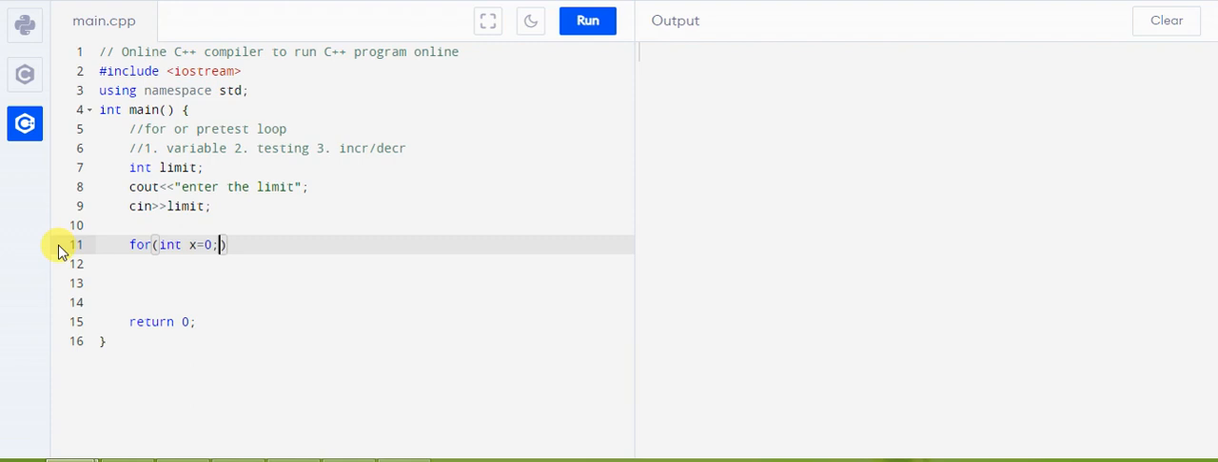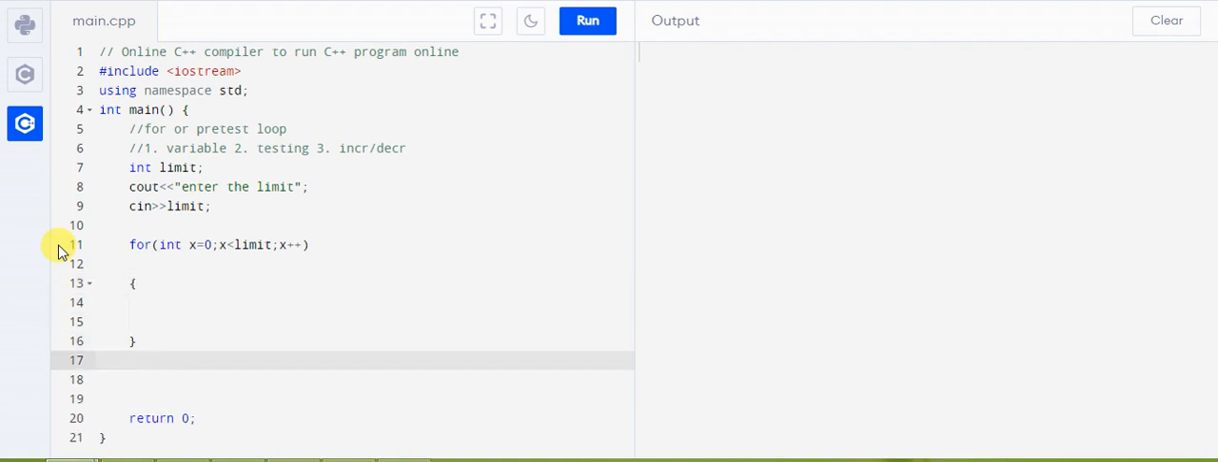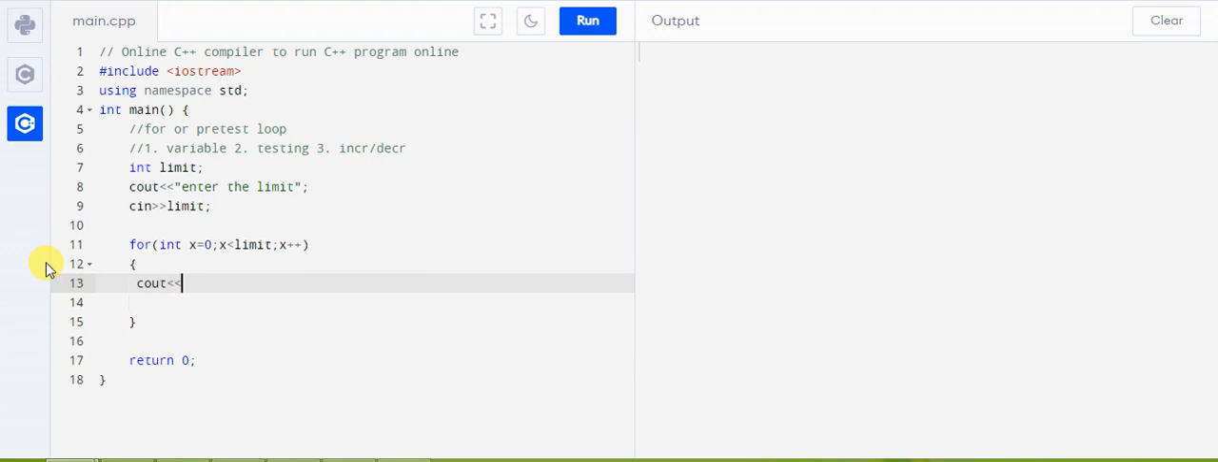So next is the second portion is the testing portion where you need to mention till the limit that you want to print or you want to calculate. And the third is the increment or decrement portion. So I'll show you both the cases. This is the body of the for loop. So in the for loop, the curly braces, within the curly braces, just mention the task that you want to repeat. That means let's suppose I want to print the value of x here. So I'll write x followed by a tab,